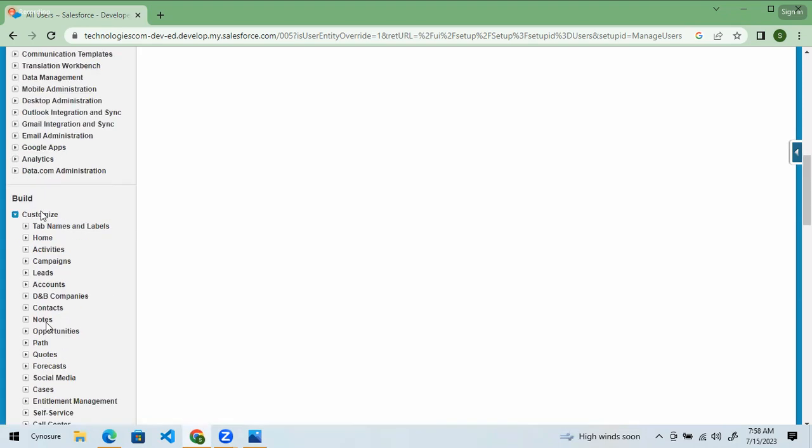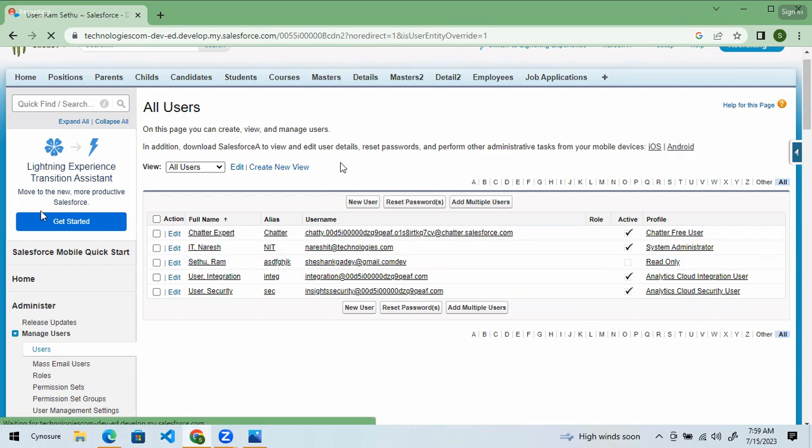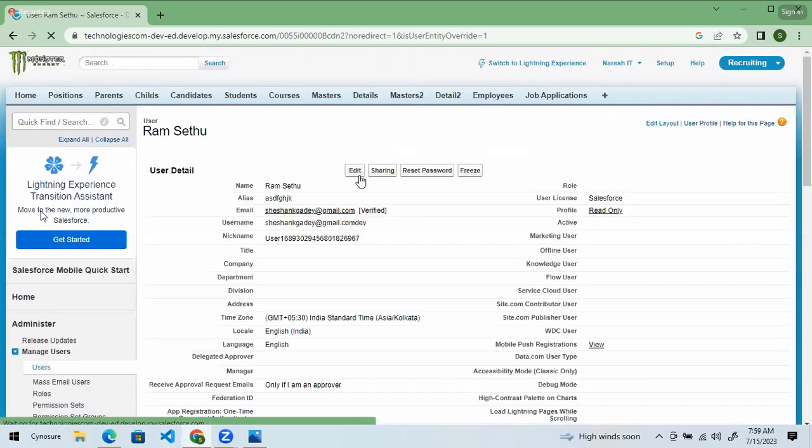But here what I am doing, manage users. Under this users, if I click, I am creating data for the existing structure that we got by default by Salesforce. When I click on new user or when I try to edit any existing user,